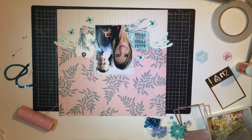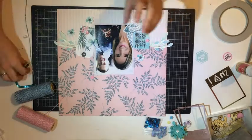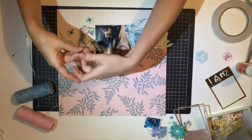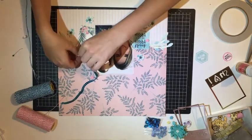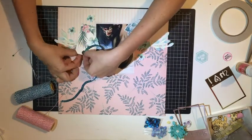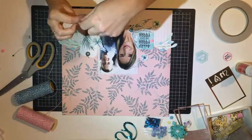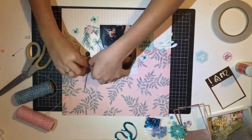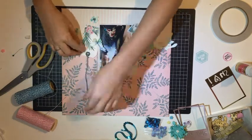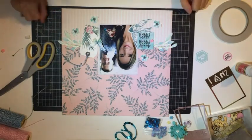Okay, now that everything's stuck down, I've pulled in some twine to put through my tag. And then I had a brainwave and thought, oh, wouldn't it be great to use this sequin thread? But unfortunately the sequins wouldn't fit through the hole, and as I was trying to poke them through, some sequins fell off. So I decided I would just go with the twine, and I went with the blue